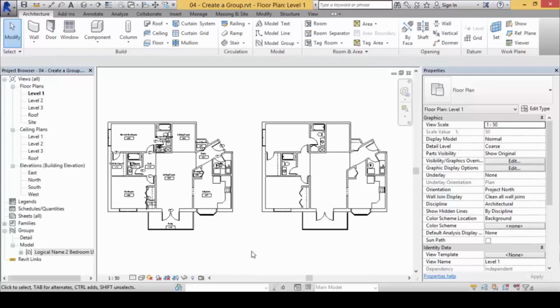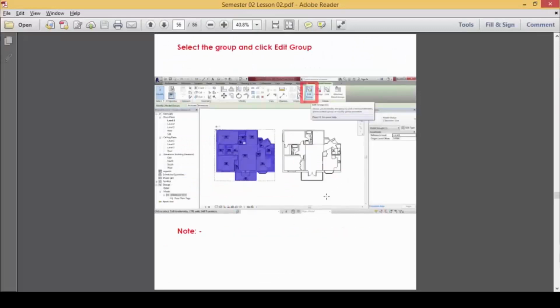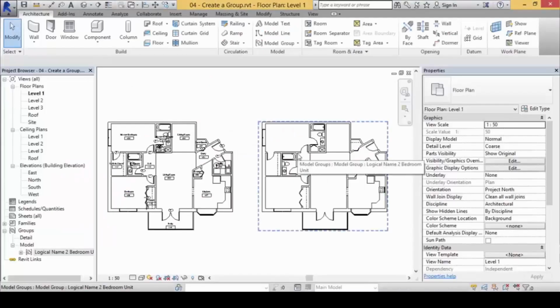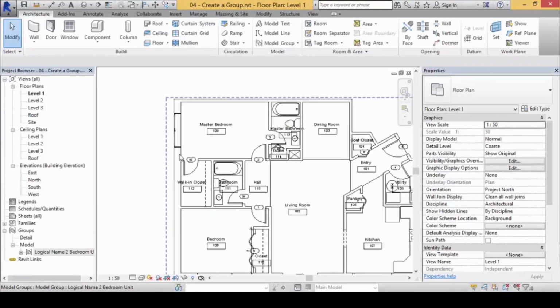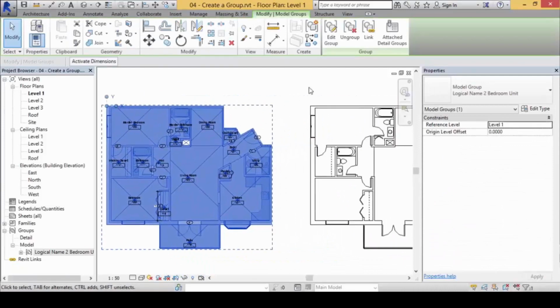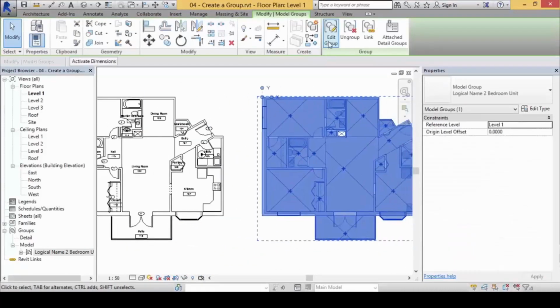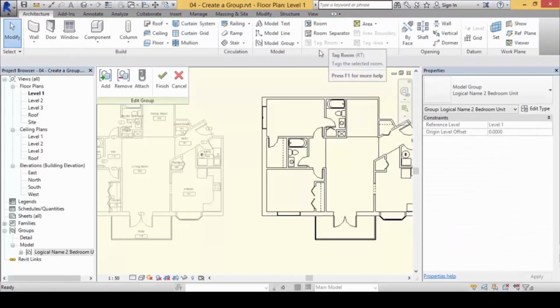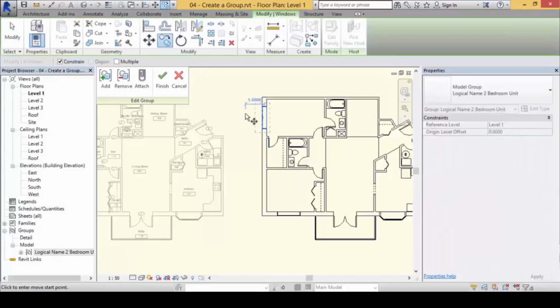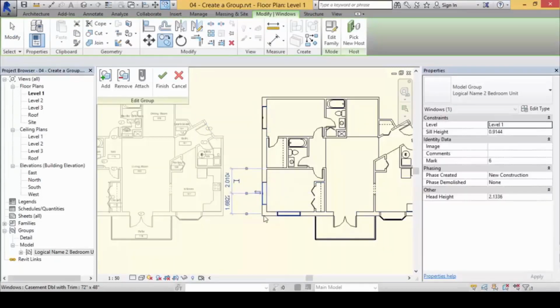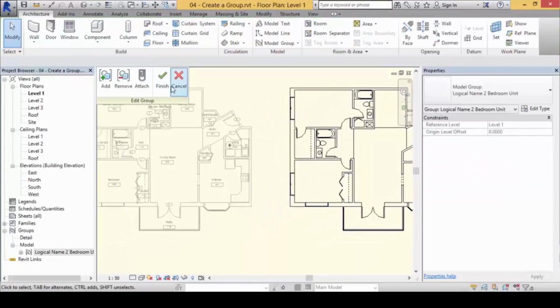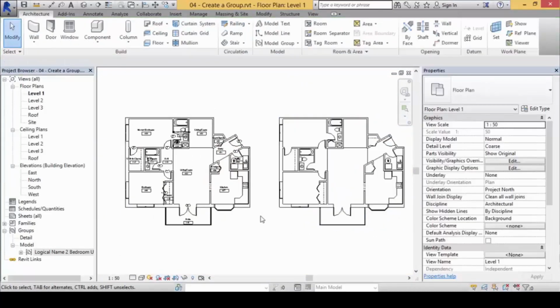Alright? Now, what's going to happen is I'm going to edit the group to just show you. It's not the end here. You click on the one of the groups, any one, it doesn't matter, any one, and click on edit group. We can just edit this by copying a window here somewhere, and when I'm done I click finish. Notice when I'm done I created a new window here. This gets replicated also. I have another window on this side as well.